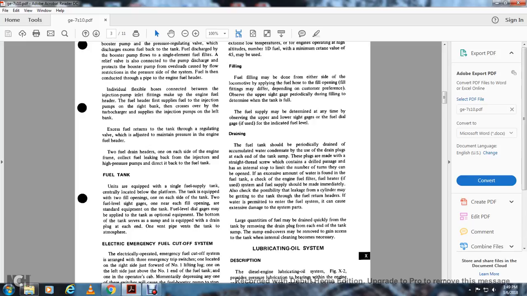The fuel tank should be periodically drained of accumulated water condensate, using the drain plugs at each end of the tank sump. The plugs are made with a straight thread screw which contains a drilled passage, and it has an internal stop to limit the number of turns that can be opened. If an excessive amount of water is found in the fuel tank,